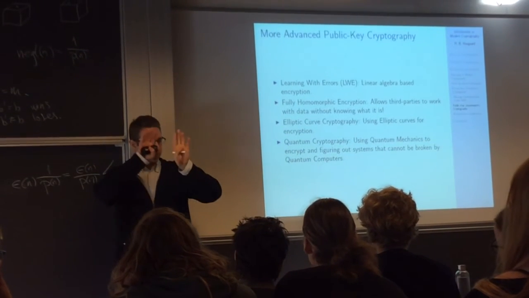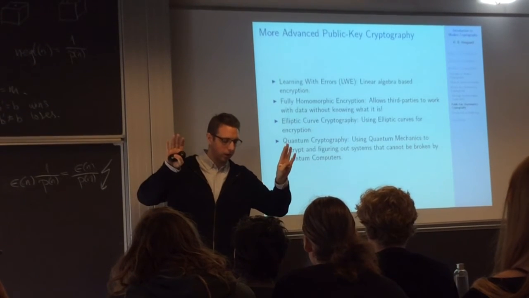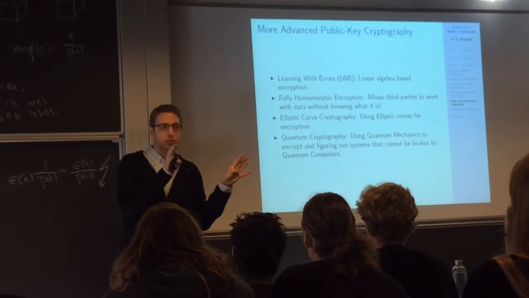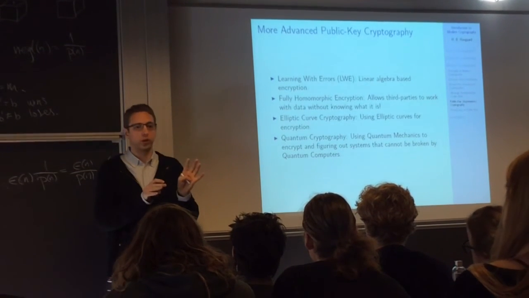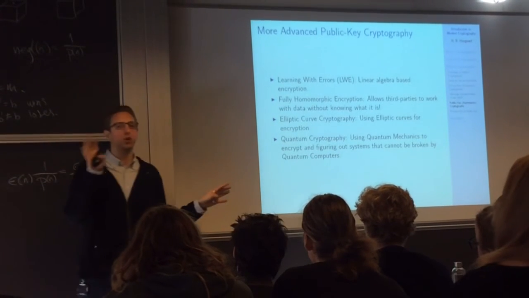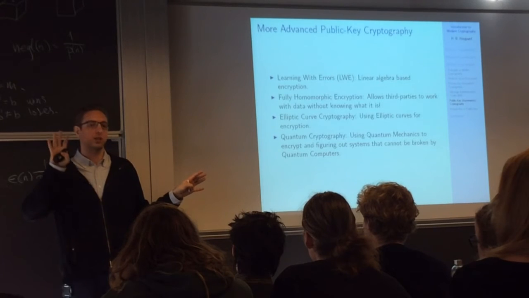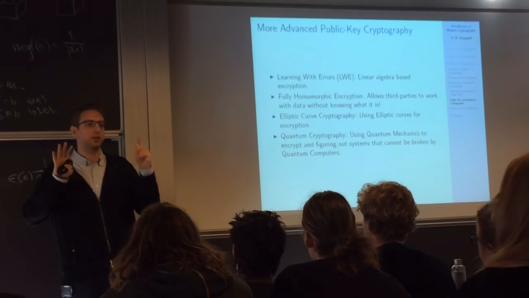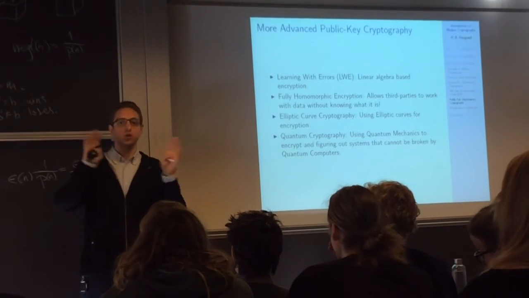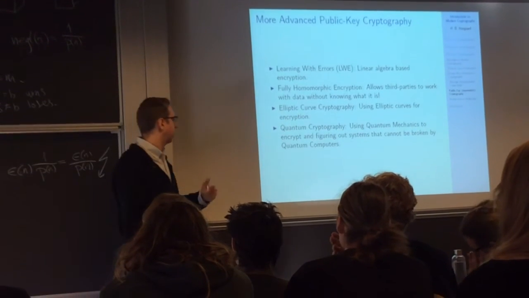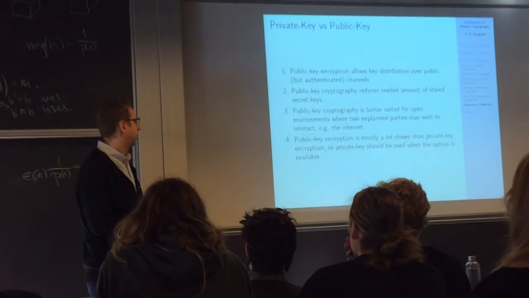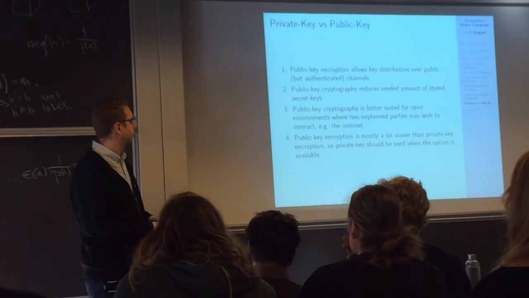Now I'm going to differentiate between two types of quantum cryptography. There's the one where you're actually on quantum computers and using quantum mechanics in order to encrypt and show that things can't be broken by other quantum computers. But there's also using classical cryptography and then proving that no matter what kind of computer you are, like quantum or classical, you can't break it. And that's what I'm doing in my thesis. So that's fun. Yeah, so private key versus public key.